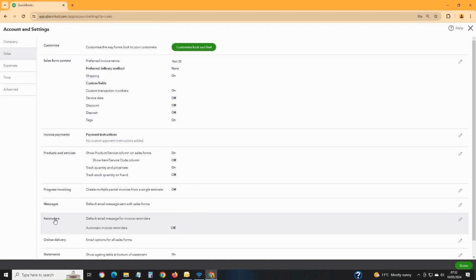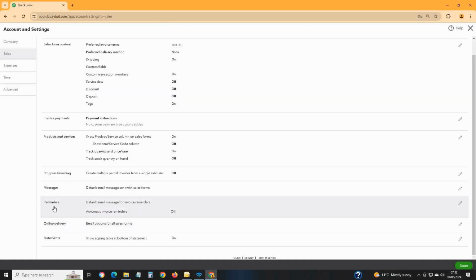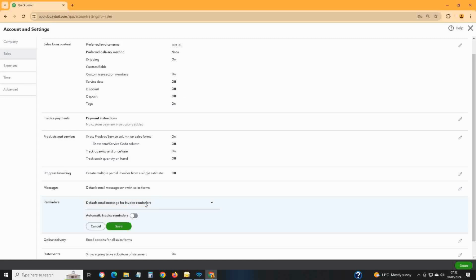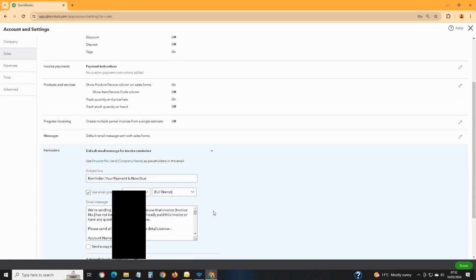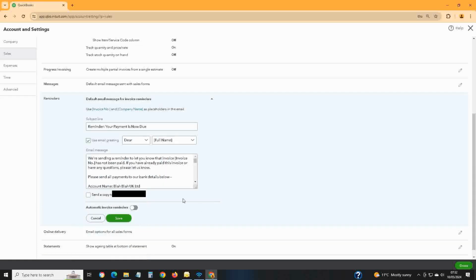The reminders are down near the bottom, third from the very bottom. Reminders, and then this text here, default email message for invoice reminders. Click that once and then click on the arrow that appears here, drop down arrow, and that brings up the default email template. So I've already edited mine, yours will probably look quite different, but this is the subject line,